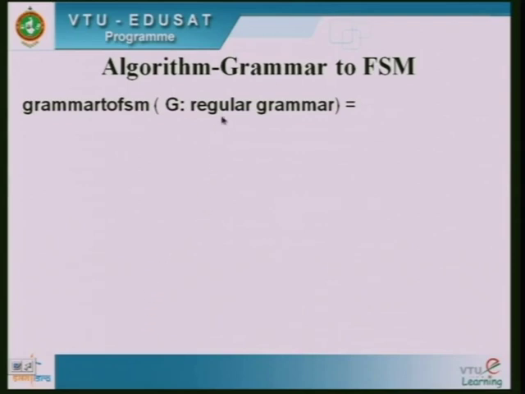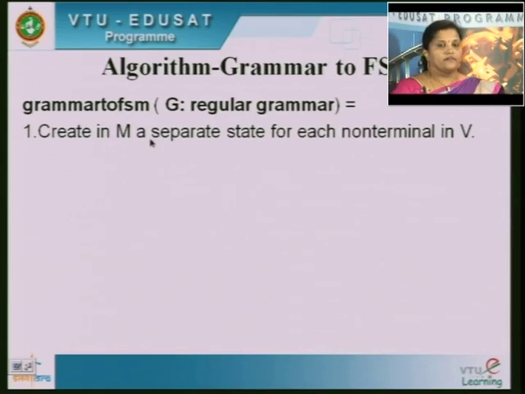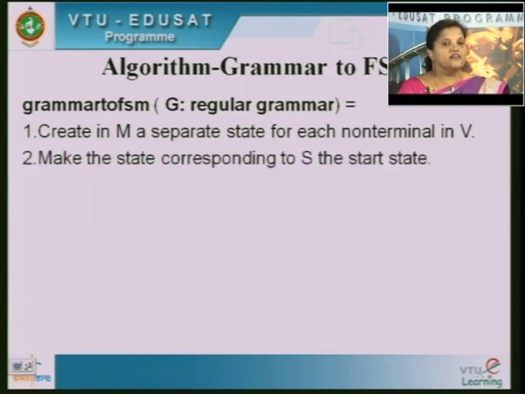Here the input is the regular grammar. The first step is, we will create in M a separate state for each non-terminal in V. Grammar means it will have rules, so by seeing the rules we will know how many non-terminals there are. If there are 3 non-terminals, then create 3 separate states. Next, make the state corresponding to S the start state. The start variable, the non-terminal we use as start, will become the start